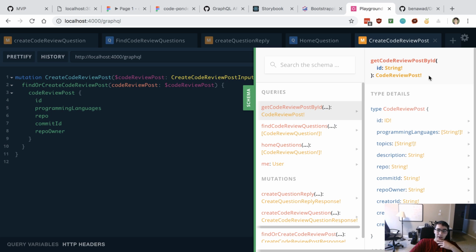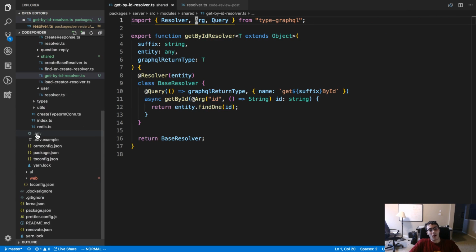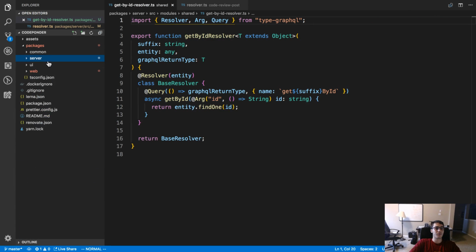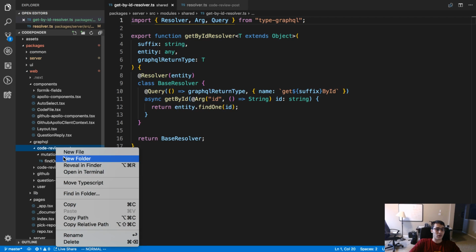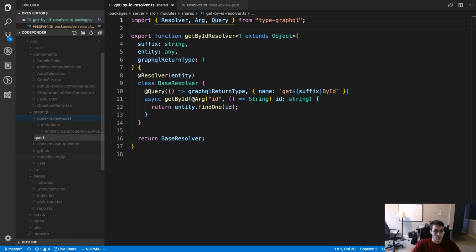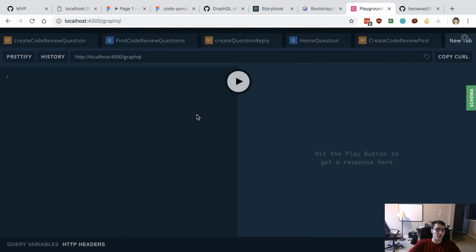Get code review post by ID. So now we're just going to implement this on the website. Let's create a query. I guess we can write it out in GraphQL Playground real quick.